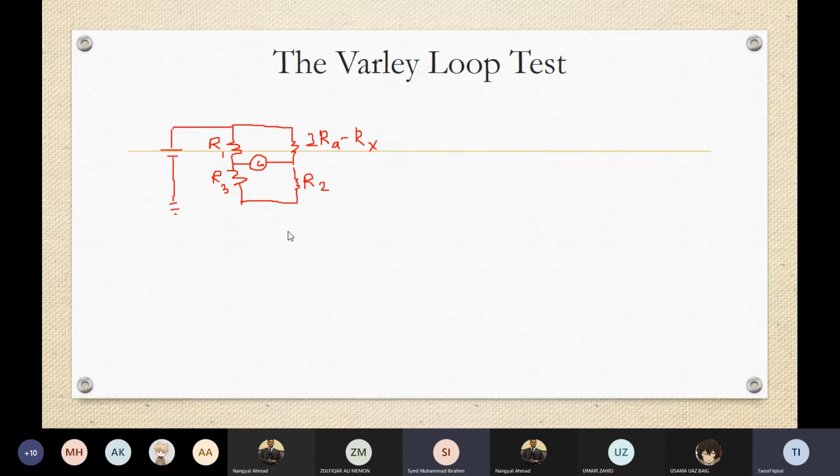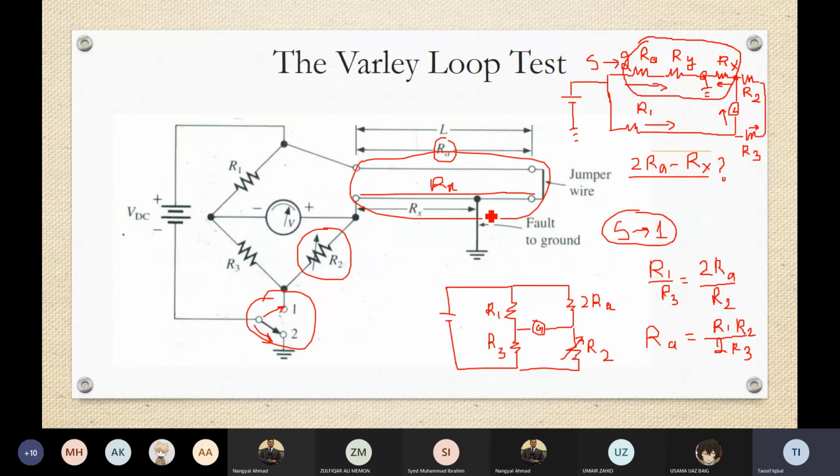सर ये एक दफ़ा आप दोबारा एक्सप्लेन कर देंगे 2RA माइनस RX सर किस तरह हमारे पास इक्विवेलेंट रेजिस्टेंस आई है? जी मैं अभी आपको वो एक्सप्लेन कर देता हूँ। देखिए हम यहाँ पे क्या कर रहे हैं कि हमारे पास जो फॉल्ट है वो आ रहा है इन बिटवीन समवेयर इन द लेंथ जो जिसकी टोटल रेजिस्टेंस RA है, और हमने डिवाइड कर दिया इसको दो पोर्शन में। एक जो है वो RX है, एक हमारे पास है RY।